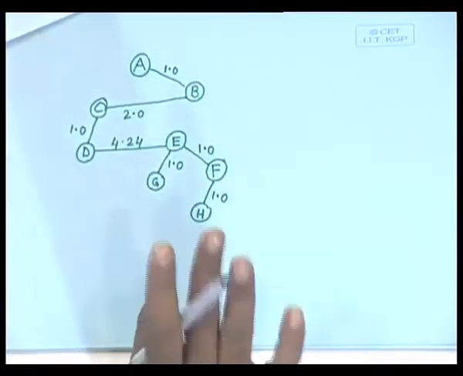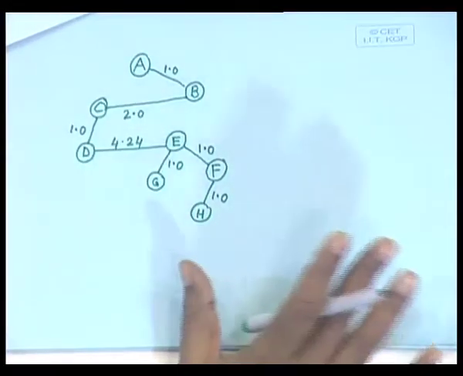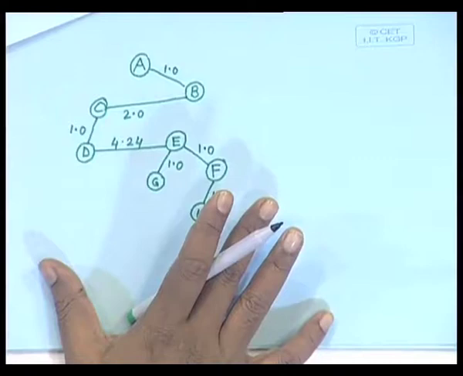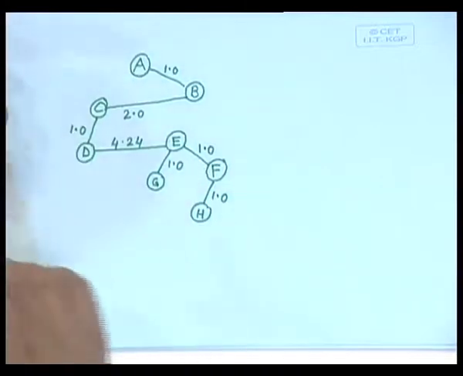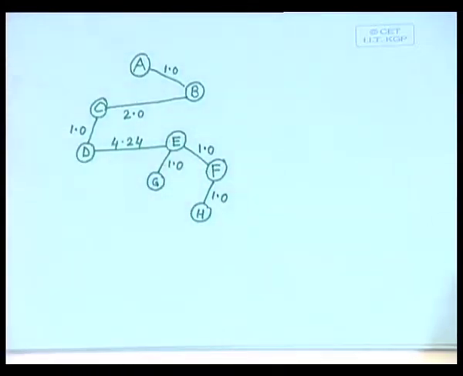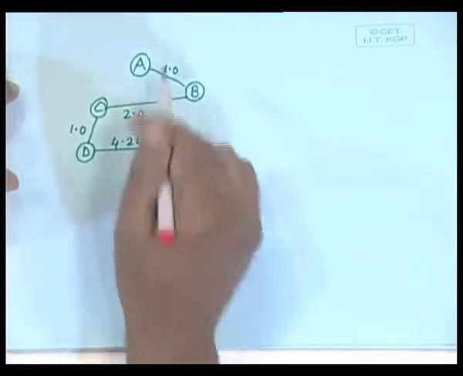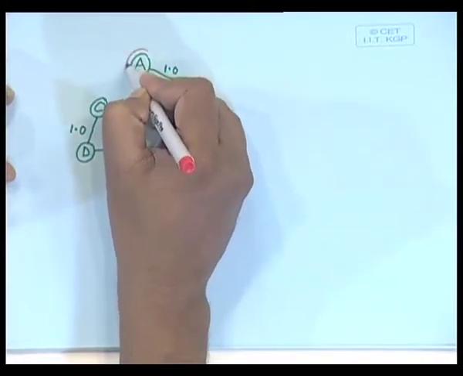Okay. So, I can stop creation of the tree when I have a single tree and all the nodes in the graph are included in that single tree. So, the tree formation can be stopped at that particular point. So, here what I have is, I have formed a tree where node A is the root node,